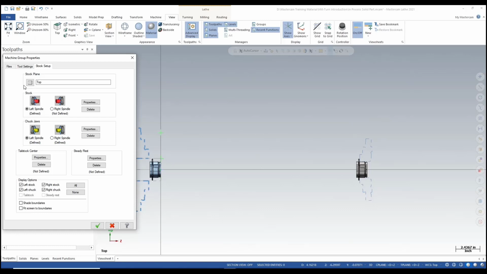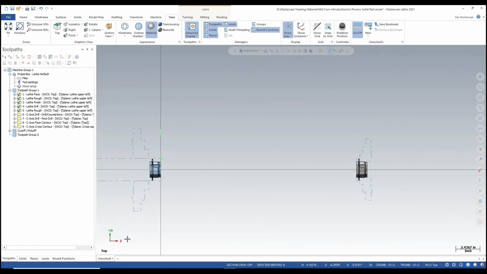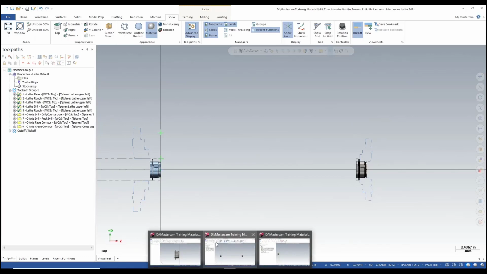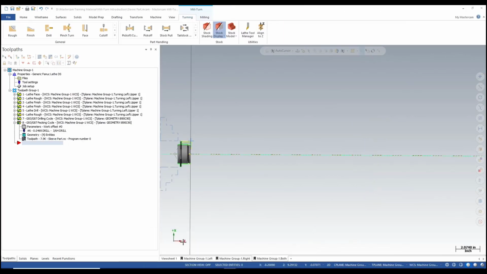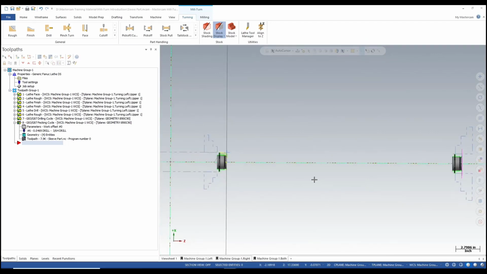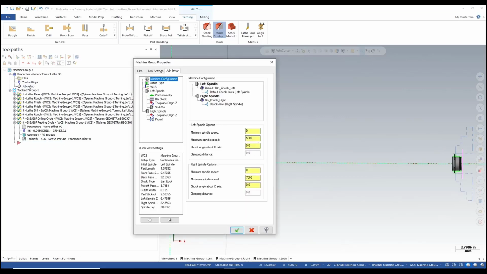Here in Lathe, if I'm using two spindles, I need to define those two spindles. I need to at least define the left stock in order for this to work properly. Okay. So now let me switch over to Mill Turn. And it'll be this one here. So in Mastercam Mill Turn, job setup is the first task to complete. Okay. So in here,